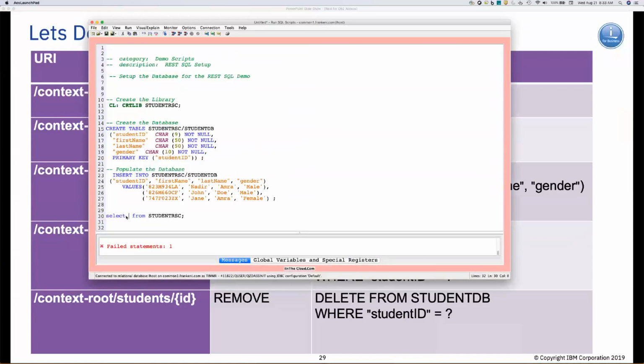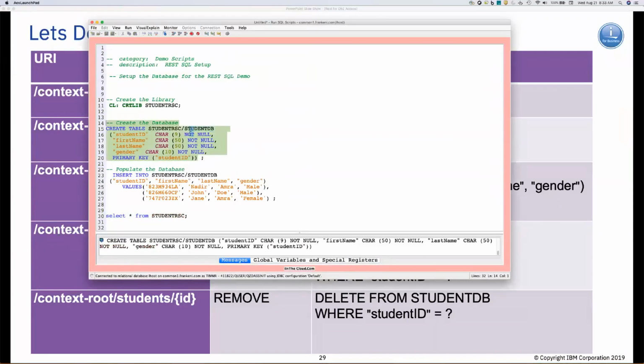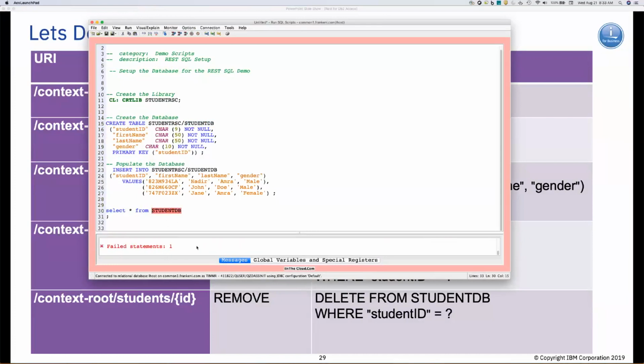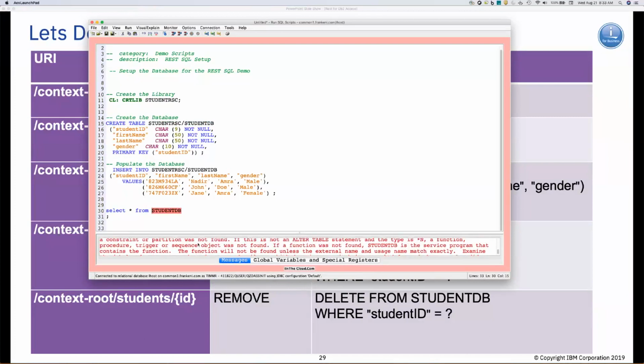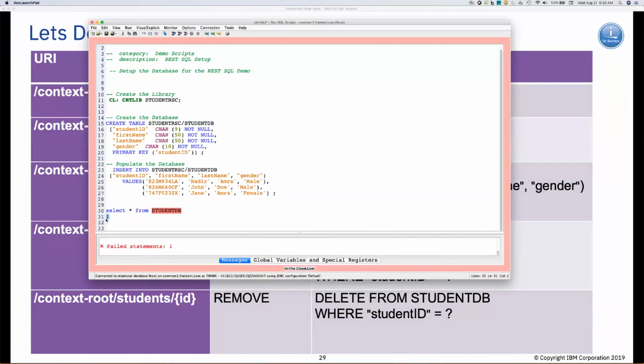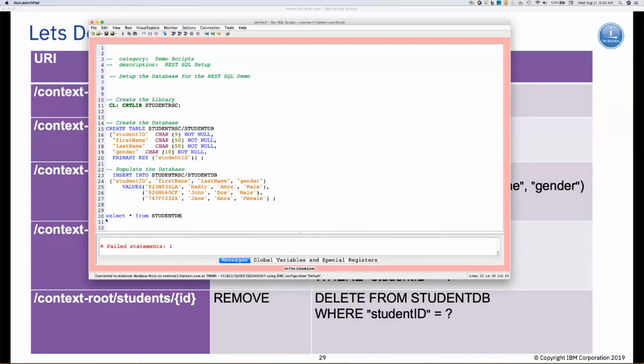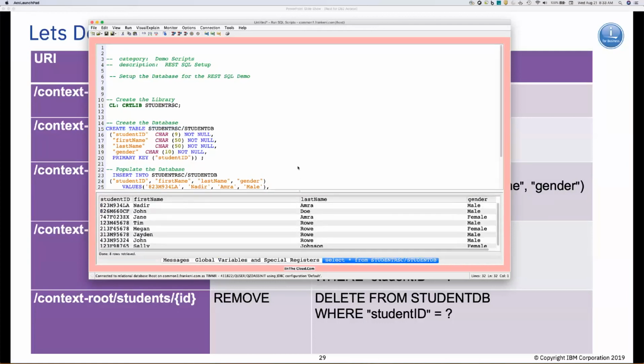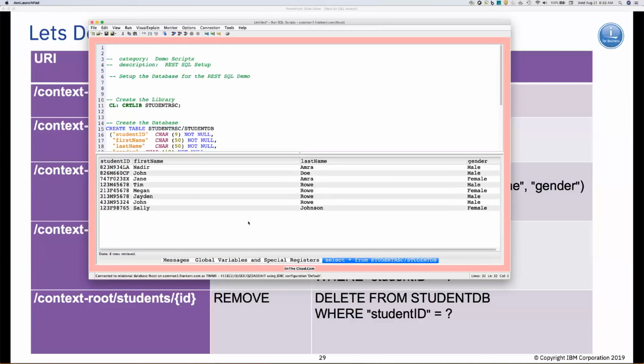Select splat from. I don't want to do that. My demos, I'm going crazy on the demo here. There we go. Slow down, and there we go. Now if I go to run that, oh, what's it not liking now? It's the semicolon, I think. No, actually, I didn't set the path for this. I'm trying to call student ID. Look at that. I didn't give it a context for what I'm after. There we go. So now you can see there's my table that I've created, and you can see it here